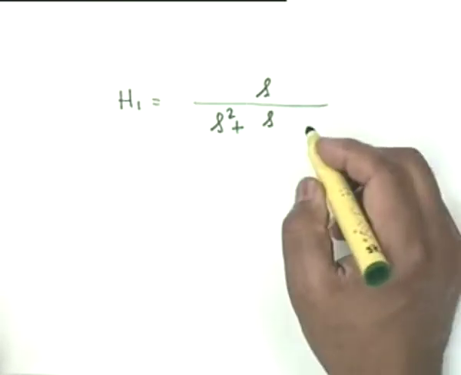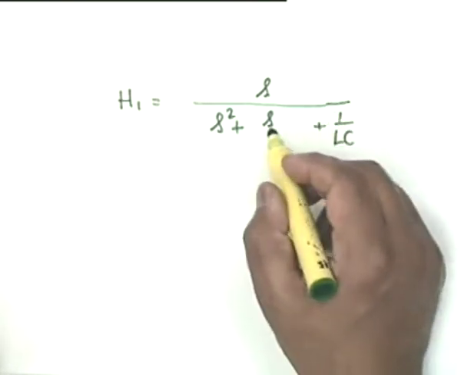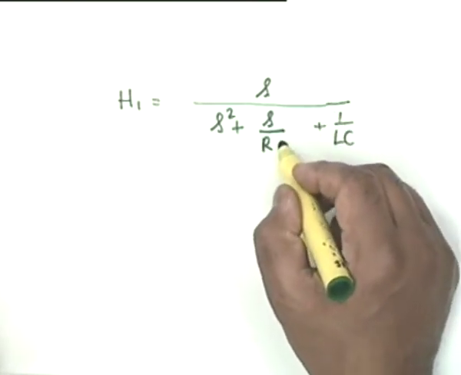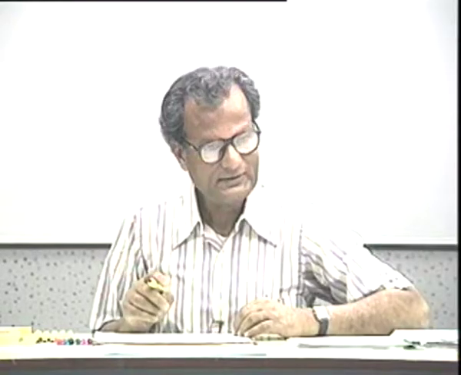S into R by, now I don't want to put it in this form, I want to put it by LC. So it was S by RC, isn't that right? Can you please repeat what this thing is? This is the transfer function of a simple single tuned circuit, is of this form, isn't that right? S squared plus,